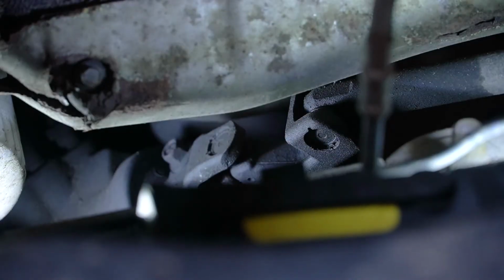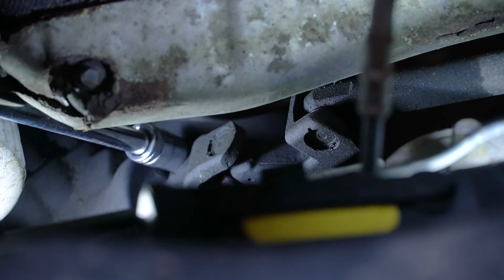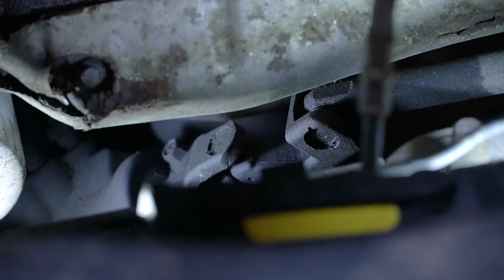Now we're zoomed in on the front of our steering shaft, and it looks like our pinch bolt is in the forward part of the car under the exhaust manifold. This one looks like it's going to be a little bit trickier to get a ratchet on. So I'm just going to play around with that. I'm going to take my same wobble and long extensions and see what I get if I try to come in here. Well, I end up hitting the valve cover. But if I go with a shorter extension, so just this bottom wobble extension,